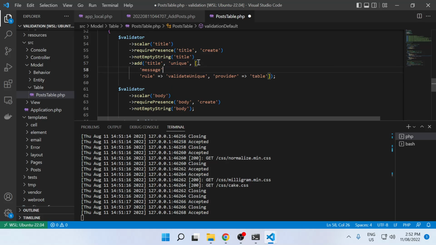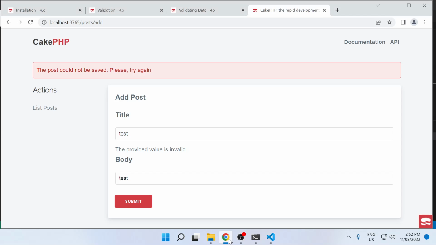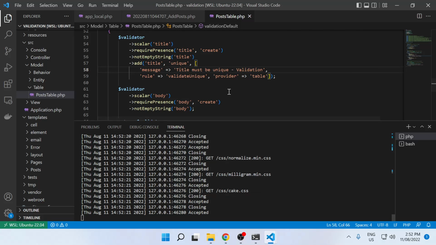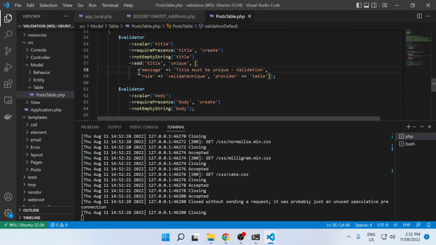So we can, for starters, just change it to "title must be unique". I'm going to call that just so that we know where it's coming from. So when you try that again, you can change the default text, and that's fixed,